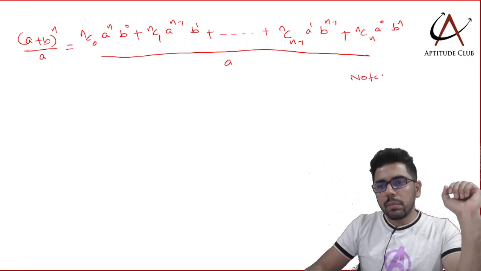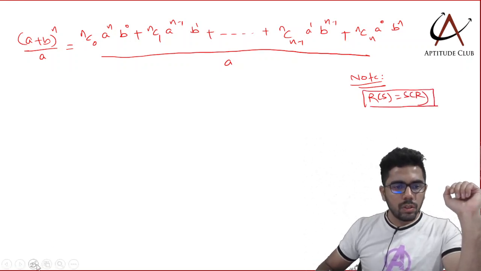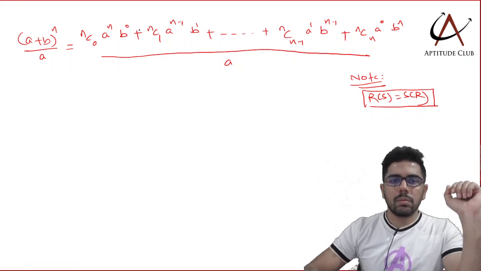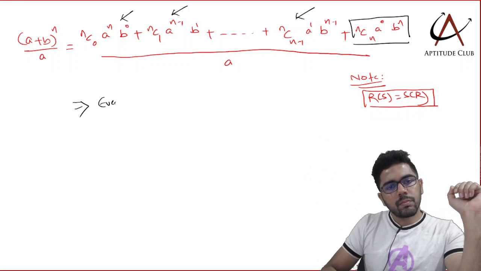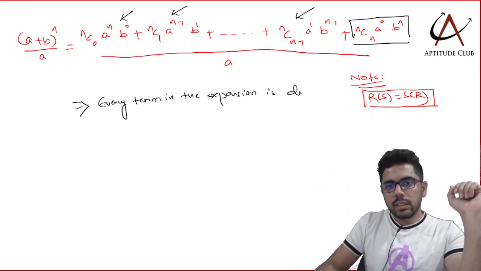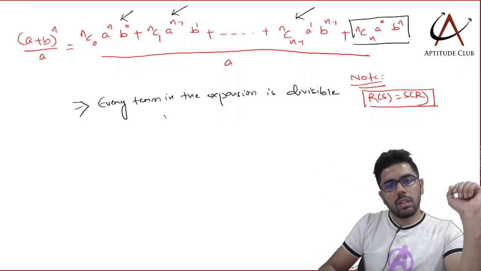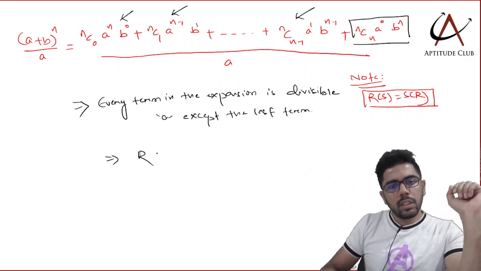Now if you recall basic remainder theorem, we had this rule that remainder of a sum is equal to the sum of remainders. ये था अपना। So I can say if the expansion is a sum, every term in the expansion is divisible by a except the last term. Can I write this? I can conclude every term in the expansion is divisible by a except the last term. This implies my remainder is only the last term,